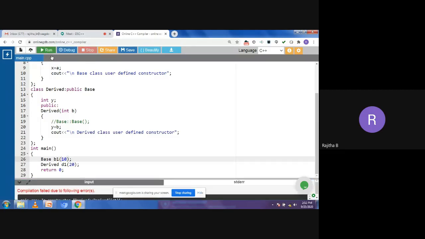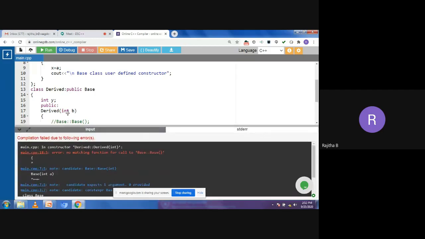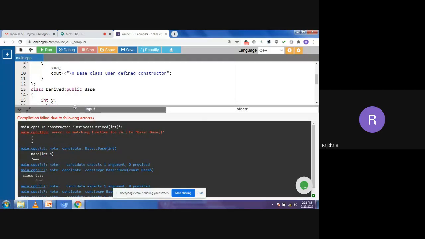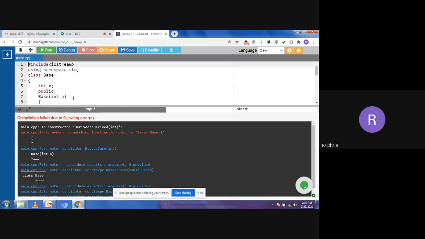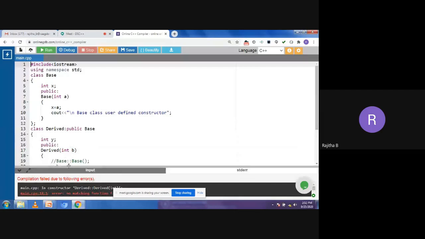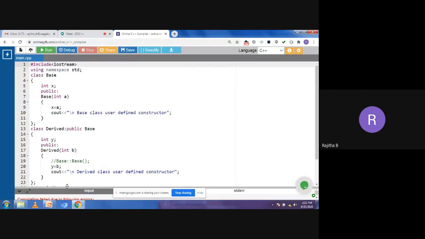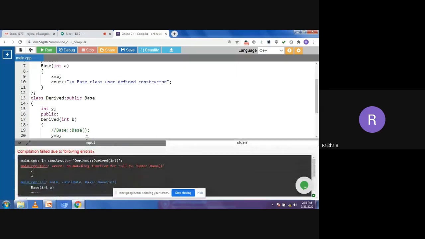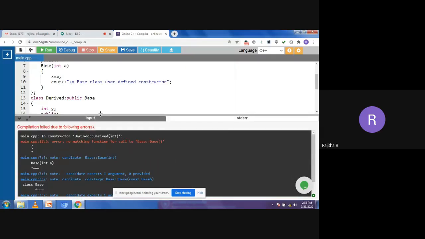Now you can see here, I get an error: no matching function for call to the base class. So when you are taking the parameterized constructor, it is not like a default constructor.